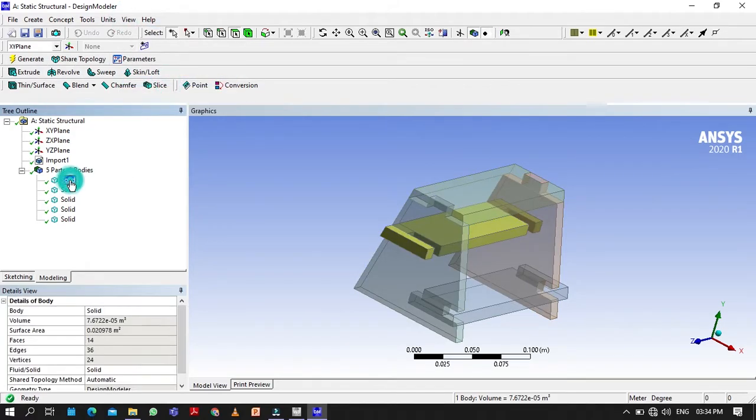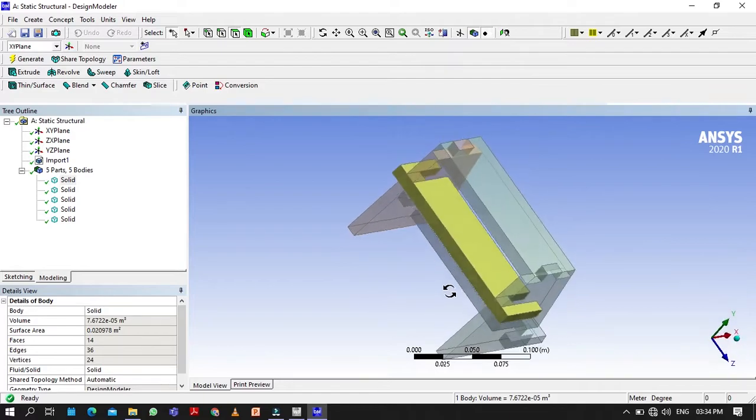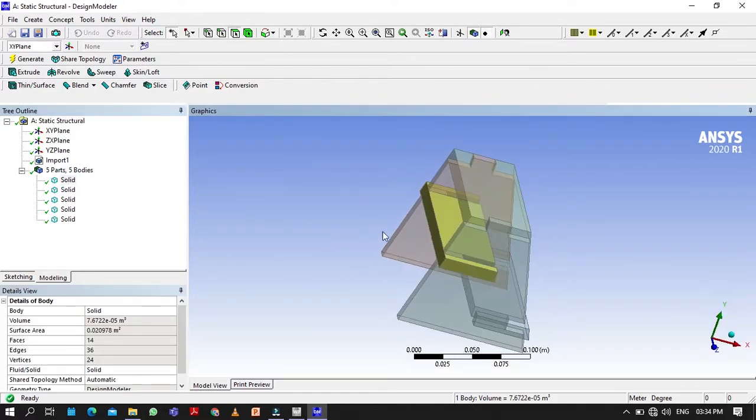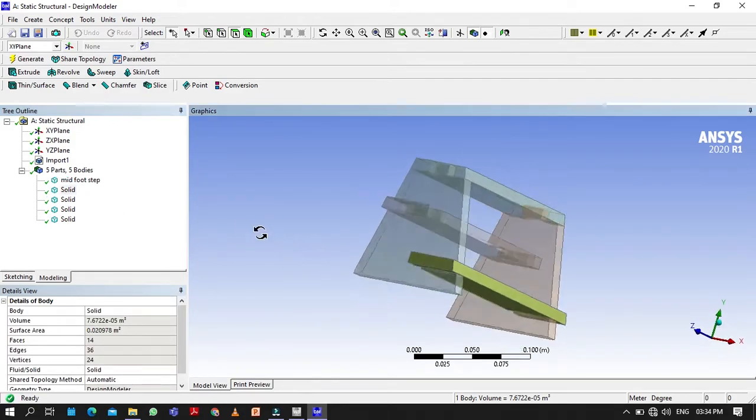So you will see the first part is solid, this one. I will rename it as mid footstep. Now click on this one. So this is the lower footstep.